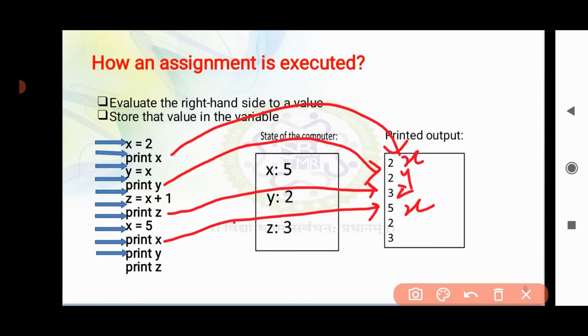Then we have print y. As you know, the value of y is still the same because we did not use it anywhere, so y will be printed as 2. Then we have print z. Again we have the same value of z as earlier because we did not declare the variable z again. So this is how assignment is done to the variables and how it gets executed.